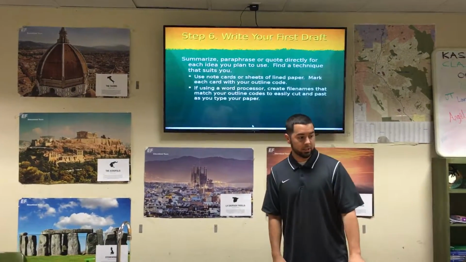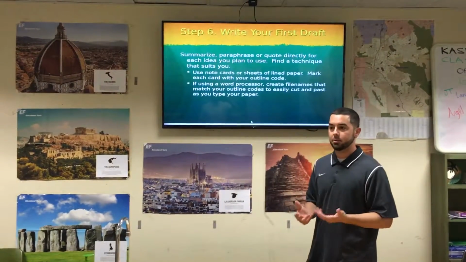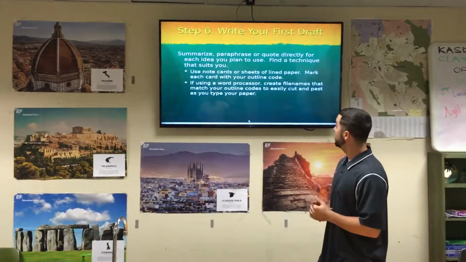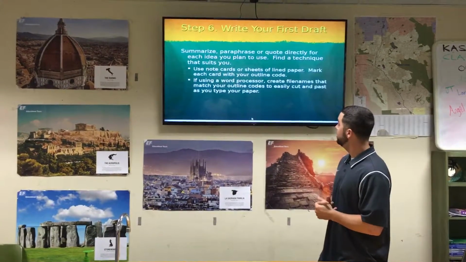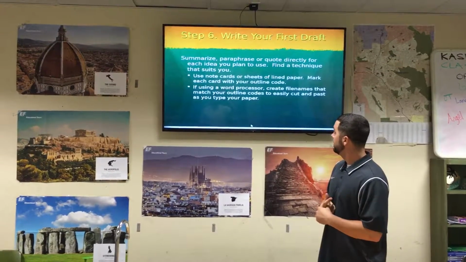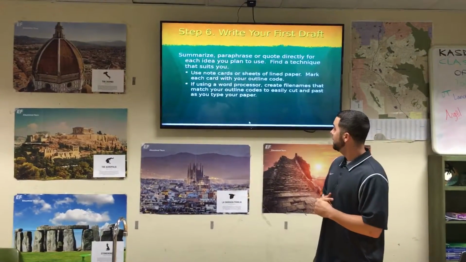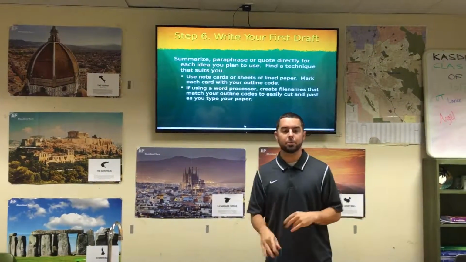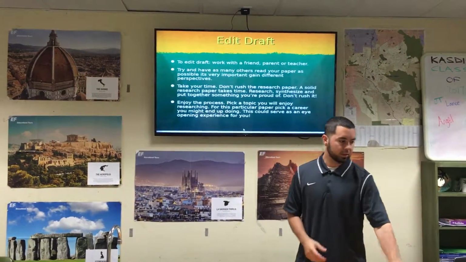Step 6, first thing you're going to do is come up with your rough draft. Probably going to do that on your own. Summarize, paraphrase, or quote directly for each idea you plan to use. Use note cards or sheets of lined paper. Mark each card with your outline code. So basically you're going to type up your first draft, and then after that we'll go into the editing phase